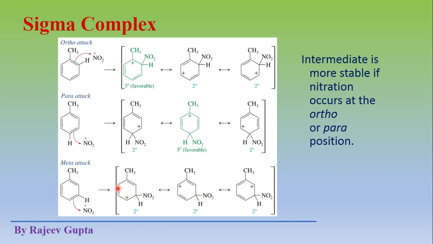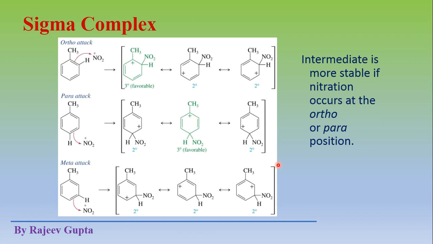Here this plus charge is in conjugation with these two pi bonds. Here it is two pi bonds and here two pi bonds, but we don't get this type of more stable resonating structure. So in case of ortho attack and para attack we get these two resonating structures which provide more stability